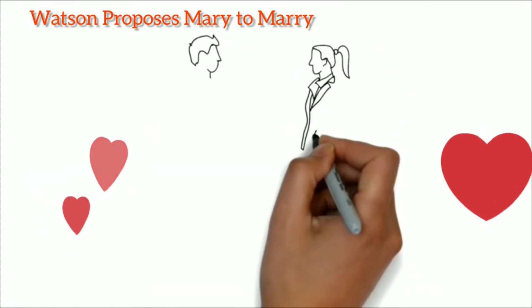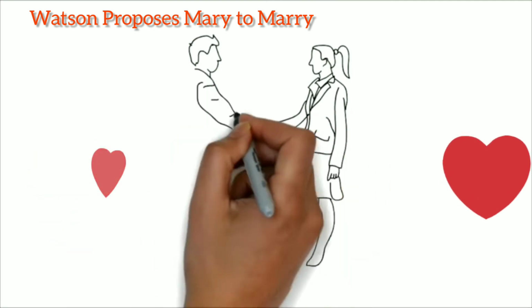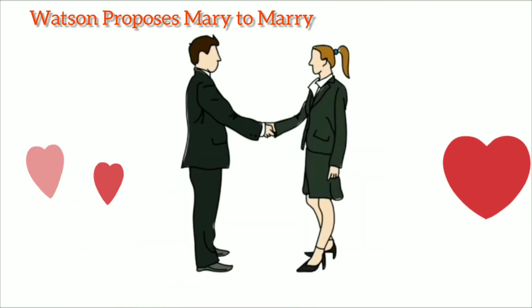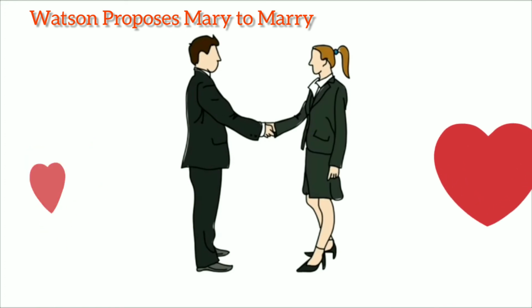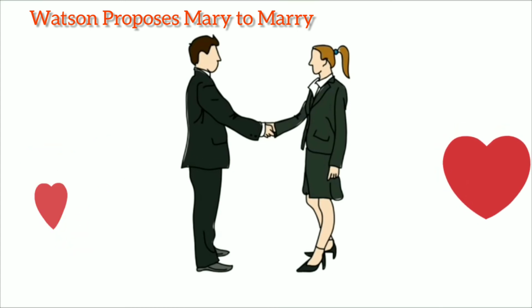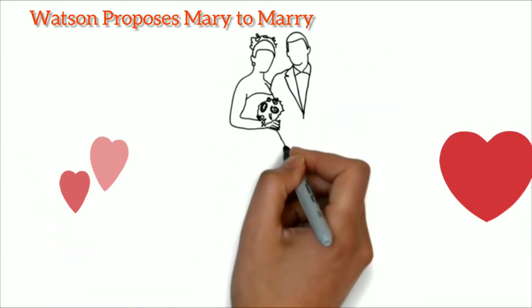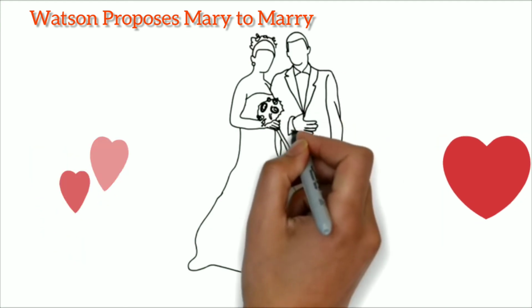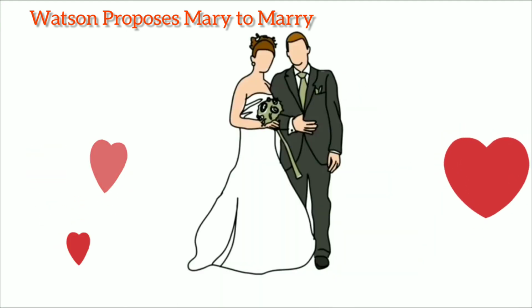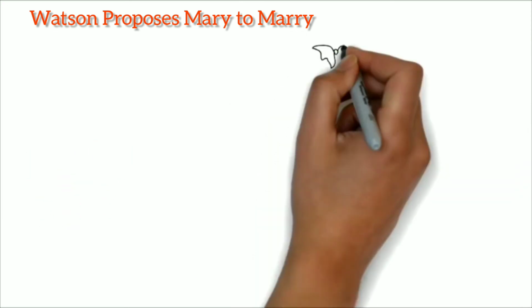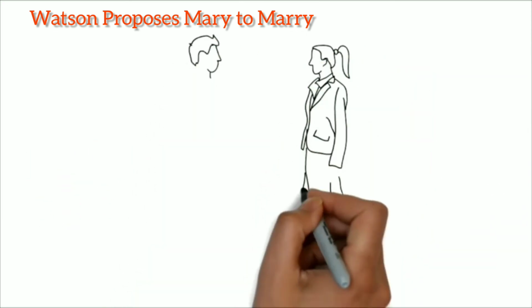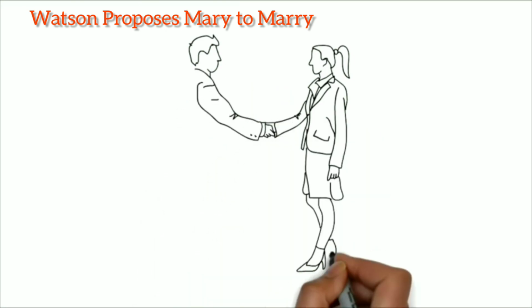So the Agra treasure is empty when the trio found the treasure, and it provides a romantic conflict for Dr. Watson, who feels that he cannot marry Miss Morstan for fear that he will appear to be after her money. But what happens at the end of the story? Watson proposes to Mary Morstan, and Mary Morstan agrees to his proposal, and they happily marry at the end of the story.